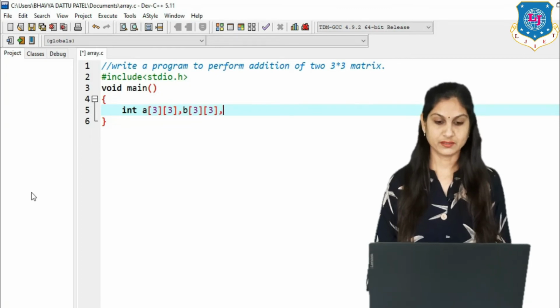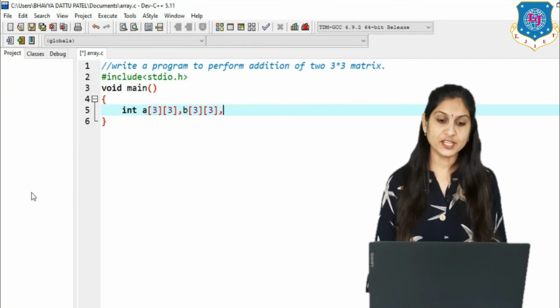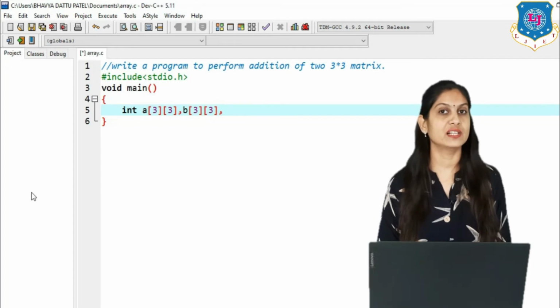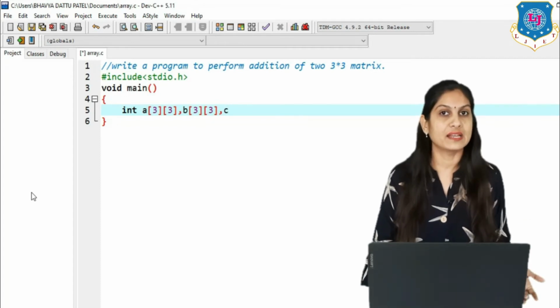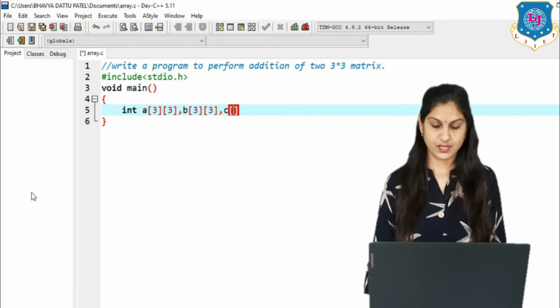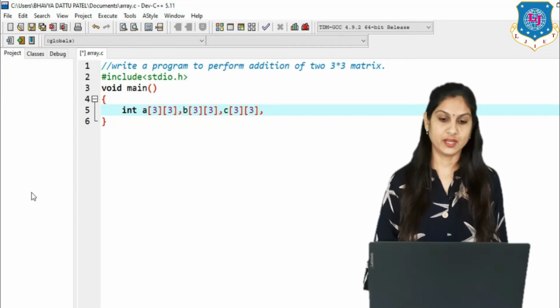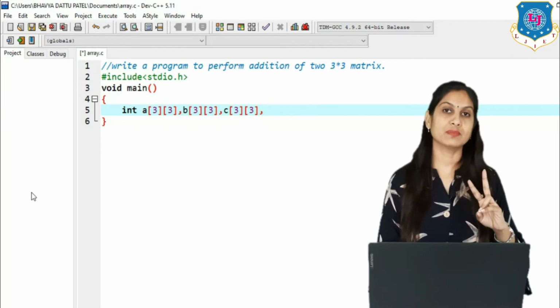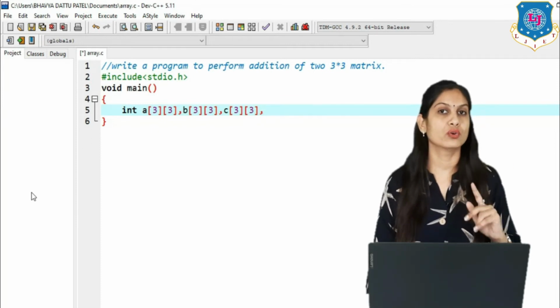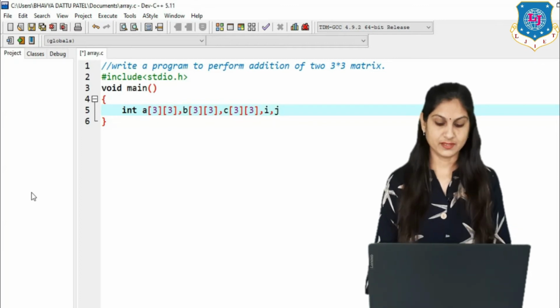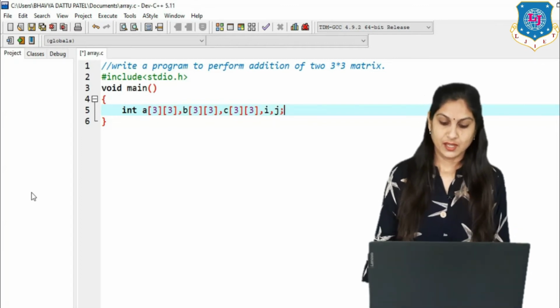The addition of these two matrices we will store in a third matrix, that is c, whose size is the same, 3 cross 3. And we need two variables, the first for row and the second for column, that is i and j.